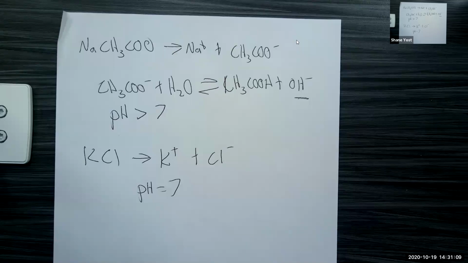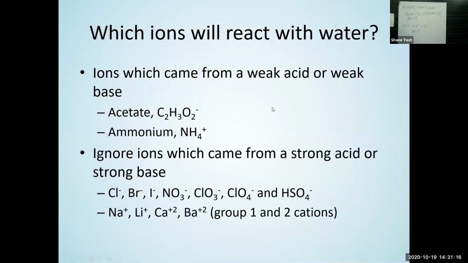All right. And so when figuring out how a salt can impact the pH, we have to see: does that salt come from some sort of weak acid or weak base, so that it itself is a weak base or a weak acid, like acetate or ammonium? Or does it come from some sort of strong acid or strong base, like the examples of these ions down here,